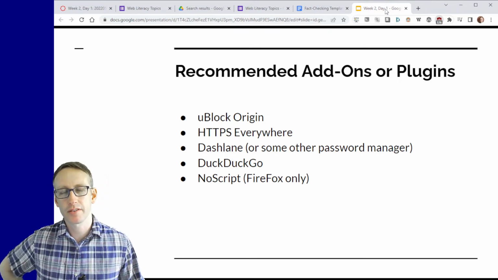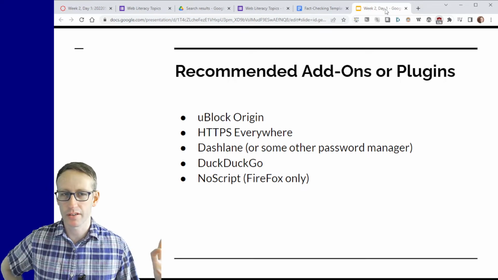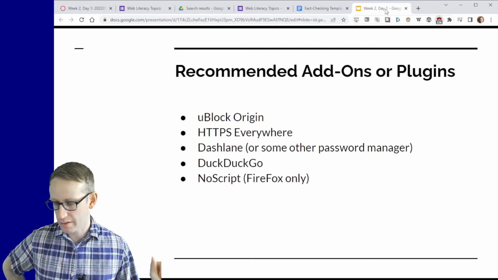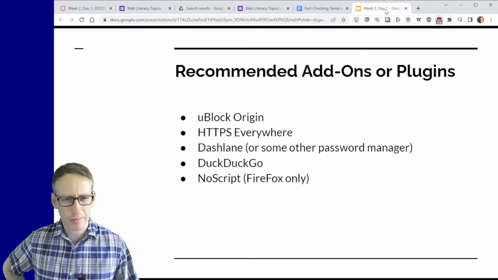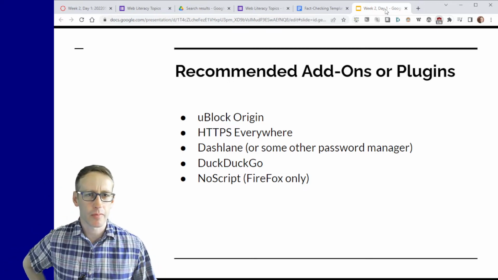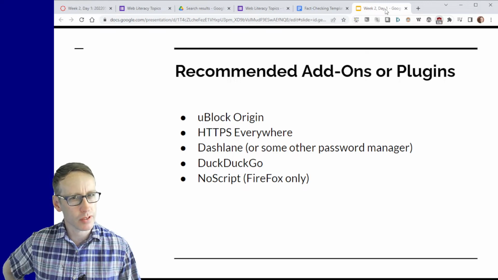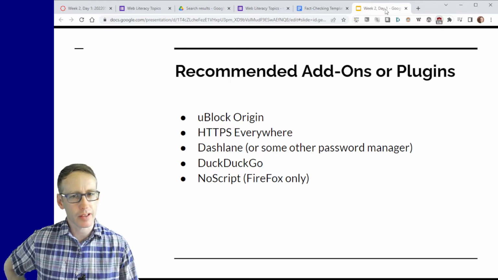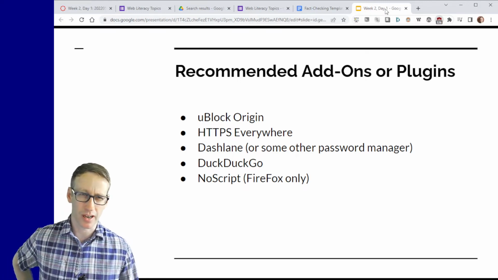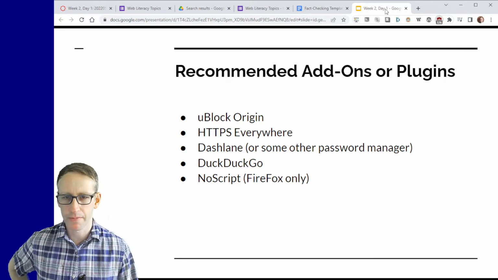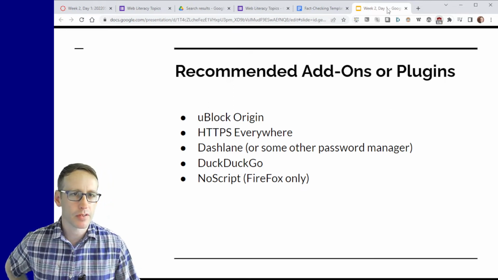So there's lots of different options among ad blockers. What's another one I used to like? Privacy Badger, that's another good one. What's that other one? I'm thinking of the icon. Ghostery, that's another good one. But I like uBlock Origin. It's simple and it's easy to turn on and off, because sometimes you do need to turn it on and off.